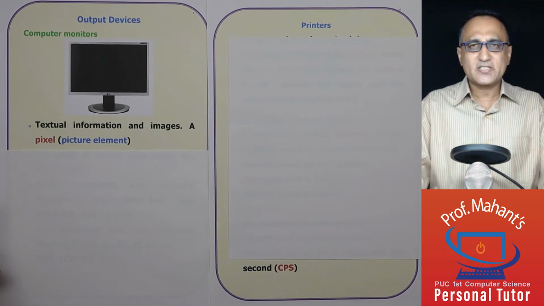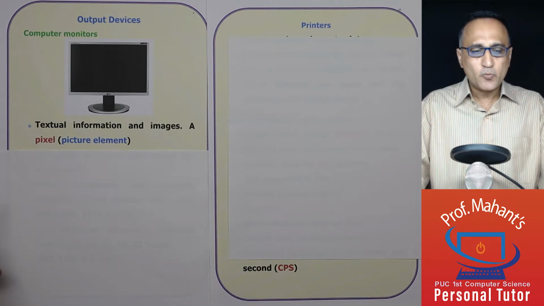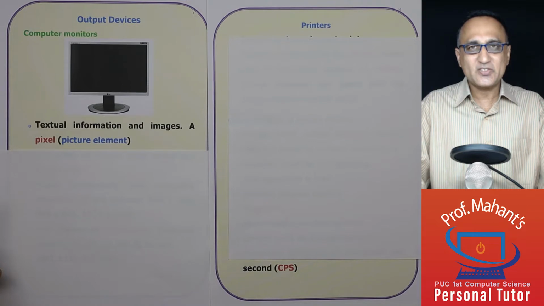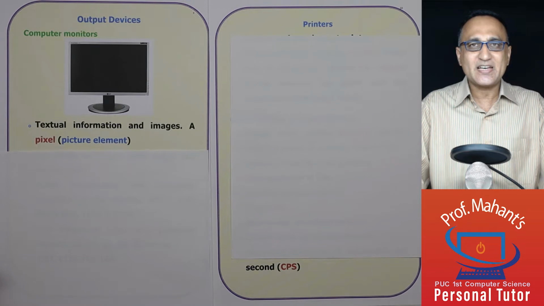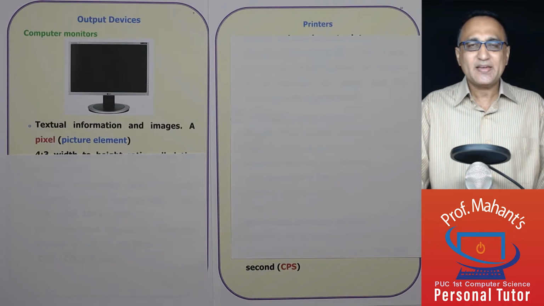Thus far, we have discussed input devices. Using input devices, we are able to enter data from a human form into a computer processable form. Now, what output devices do is this: the computer processes in terms of ones and zeros. Obviously, that kind of ones and zeros is not understandable to a human person at the other end. So, output devices display the ones and zeros in a format or data which is understandable to people like